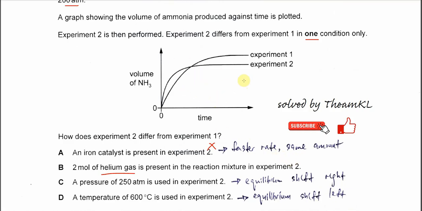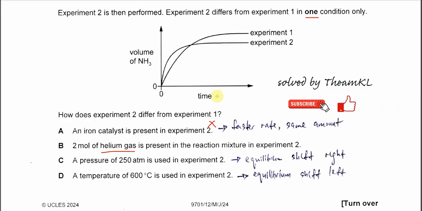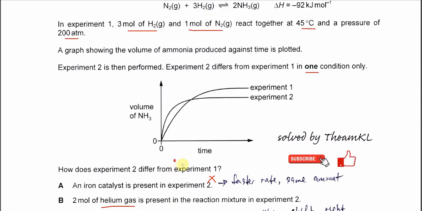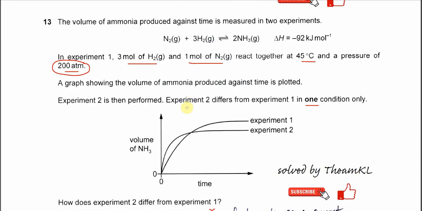Because in experiment 2, there is a change. The experiment 2 rate is faster and the yield is lesser. That's the difference. Now, for part C, the answer is a pressure of 250 is used. For experiment 1, it is 200. And a higher pressure is now used for this